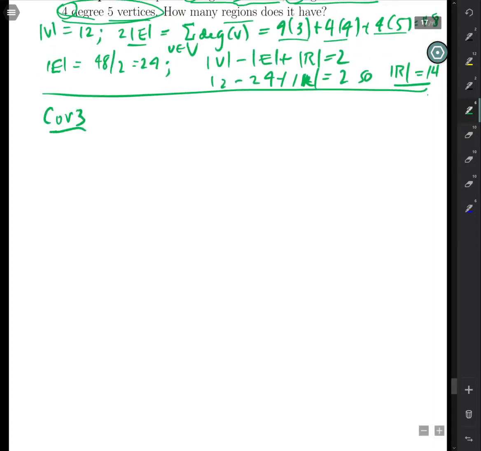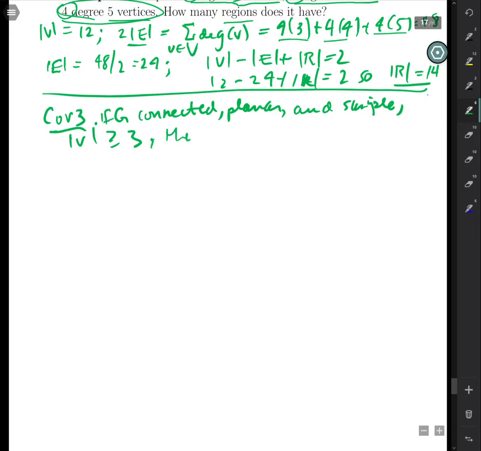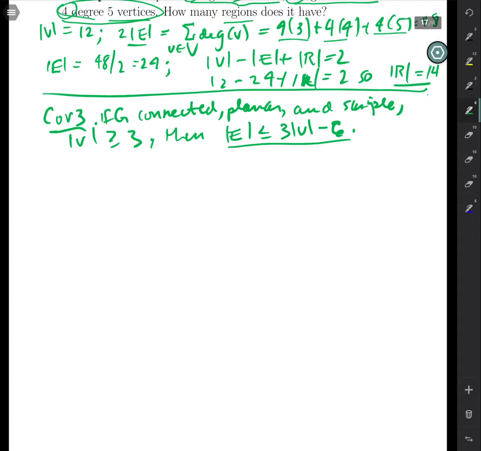Corollary 3 says that if G is connected, planar, and simple, and it has at least 3 vertices, then the number of edges is less than or equal to 3 times the number of vertices minus 6. Okay, so that's the thing I want to prove right here. The key idea is to use that the sum of the degrees of the regions is equal to 2e. So the proof: